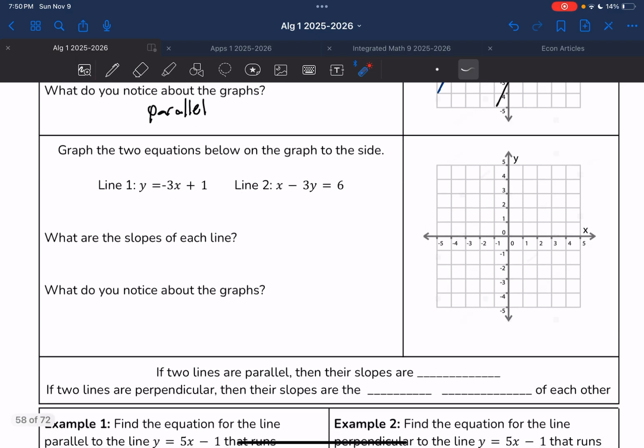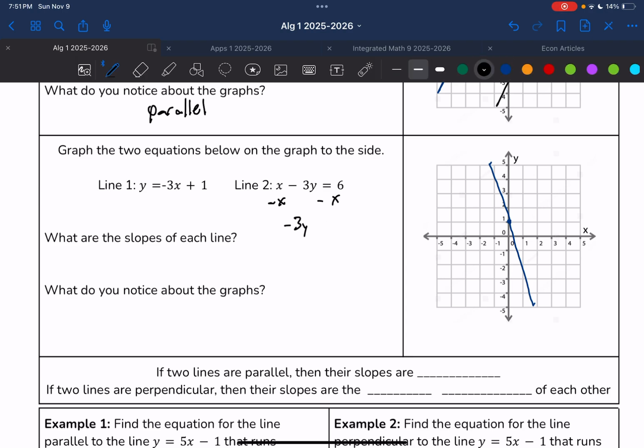So we have y is equal to -3x plus 1. So for line 1, which I'm going to do actually in blue, let's do blue and red this time. We're going to start there, and then you can see that I go down 1/3, like that. Now for line 2, we said it's in standard form, so I'm going to start by converting it to slope-intercept form. So I'm going to subtract x from both sides. It's going to be